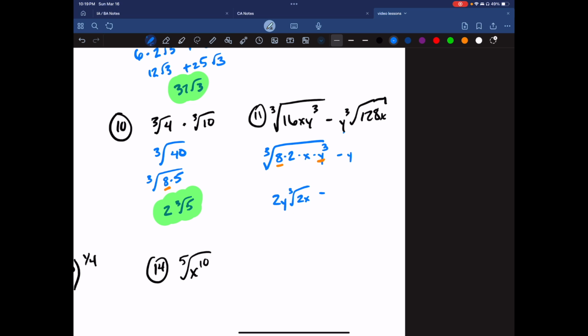All right. 128 divided by 8 is 16. So this, I could do 64. 128 divided by 64. All right. 64 is a perfect cube. So let's do 64 times 2 times x. All right. 64 is 4 cubed. So I'm going to take that out. That's going to be 4y